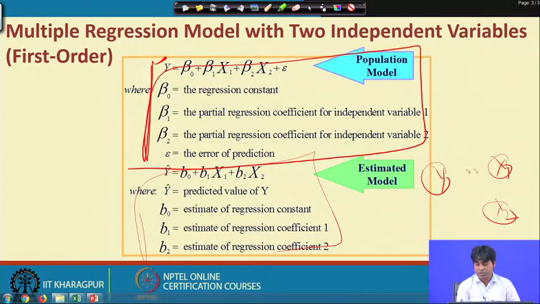Obviously x1 has an influence on y, and x2 has an influence on y. This is hypothesis 1 and this is hypothesis 2, and there can be an additional hypothesis, H3, which indicates that there is no link between x1 and x2. In reality there may be some link, but as per the requirement of multiple regression, that link should not be statistically significant.